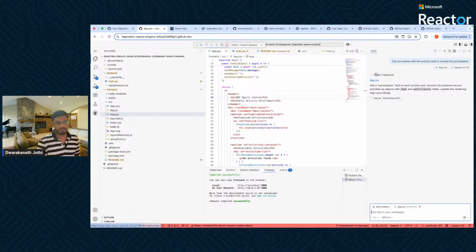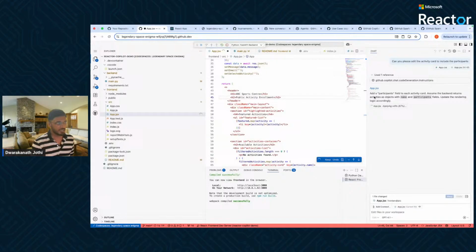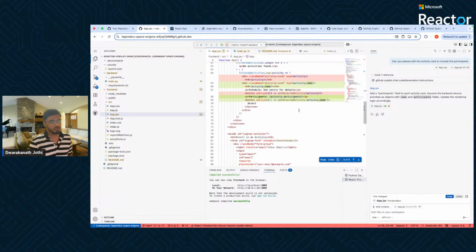It did recognize the file, app.jsx, as the path, and it is modifying the code exactly as we wanted. So it can be deeper on what exactly we wanted, and you pretty much know where to modify the code. This is best in that case where you don't want Copilot to